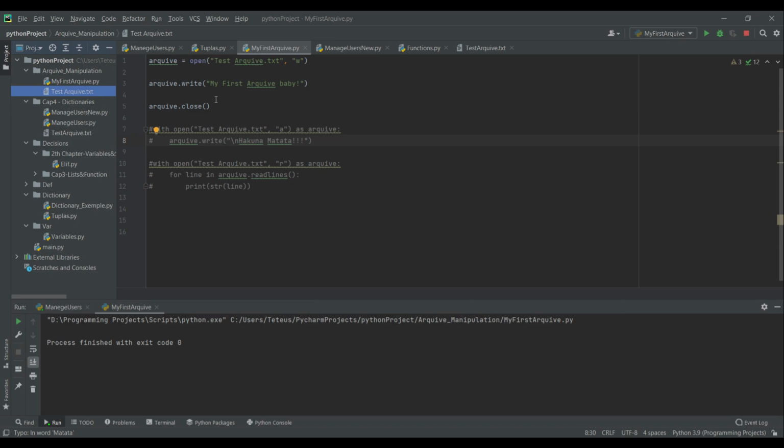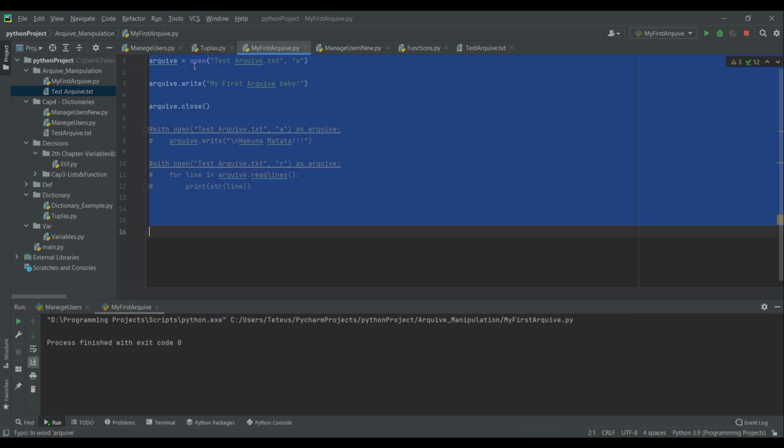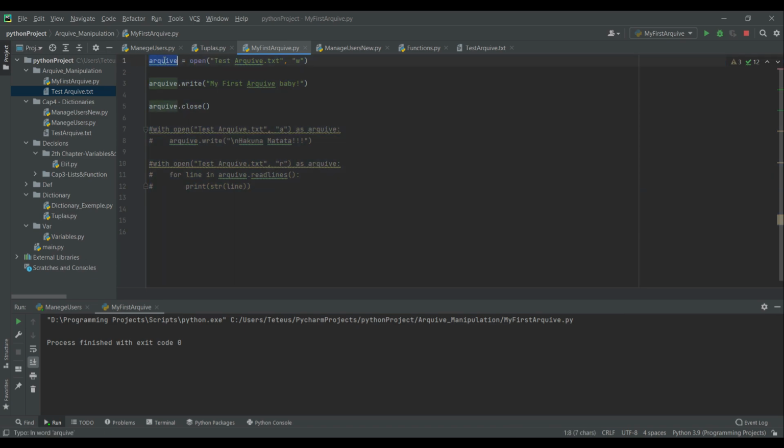What I'm basically doing here is setting my archive, which is a variable, and it's the variable that holds the information of me creating this file. It's set up to open, which is to open the archive and name it, for example, test archive, which is exactly the name I set it up to be, .txt.